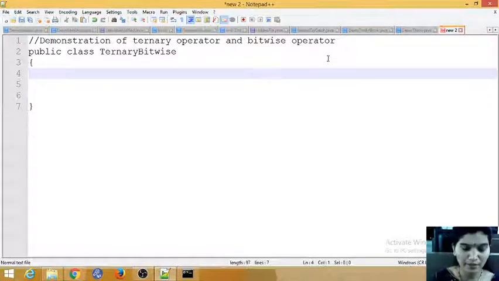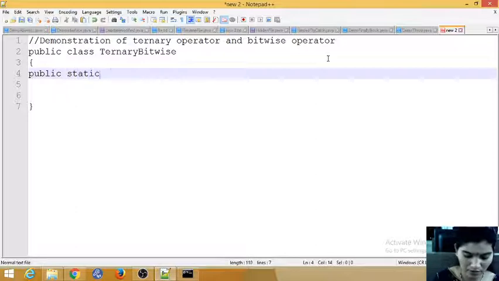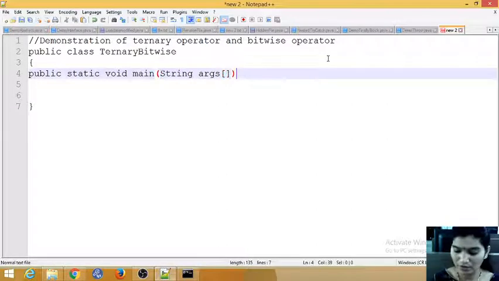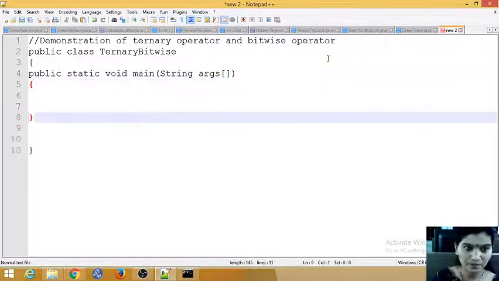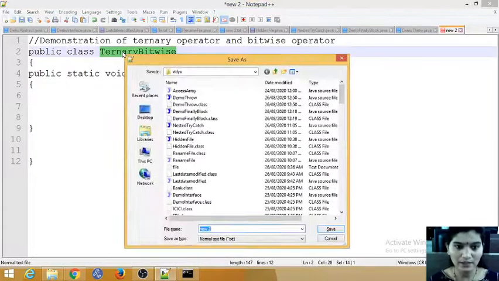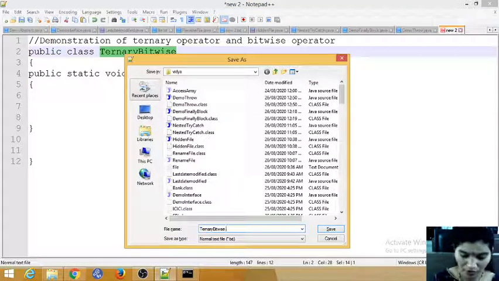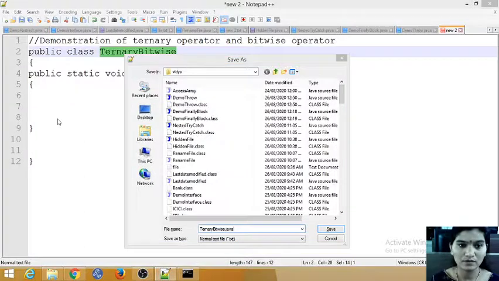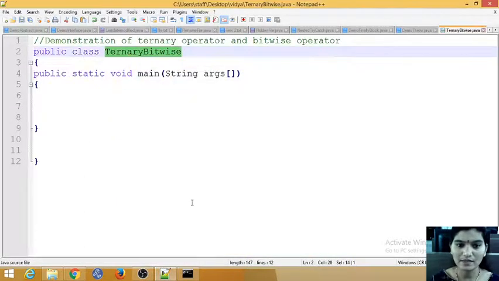In that, again the main method, public static void main, which contains the string arguments. Now we'll save the file with the name ternary dot java, Control S, and save the file.